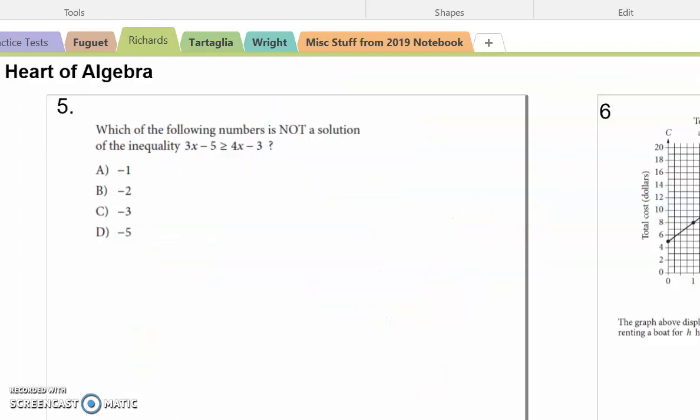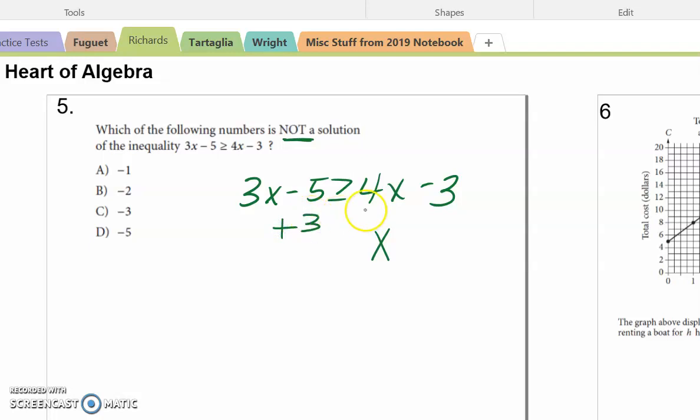This next problem is an inequality, which can sort of be treated like solving just a regular equation. Now, if you're slow at solving equations, one thing might be to try to just simply plug in the answers because you're finding the one that's not a solution. If you are quick at solving equations, then if I can subtract 3x from this side and add over here, then I can tell this. It is pretty simple that it didn't ask you,